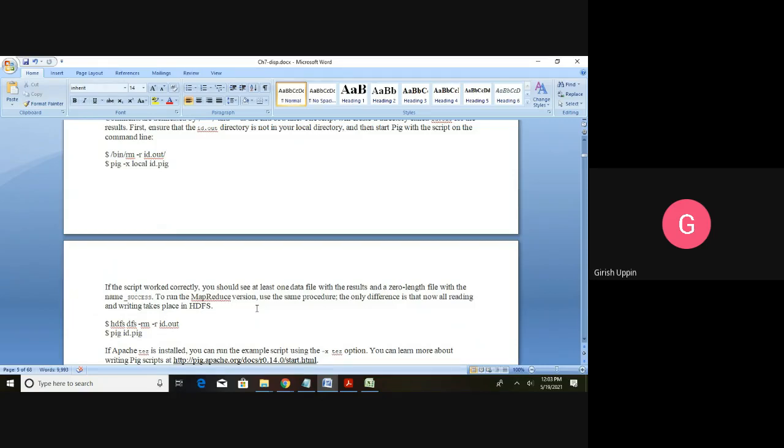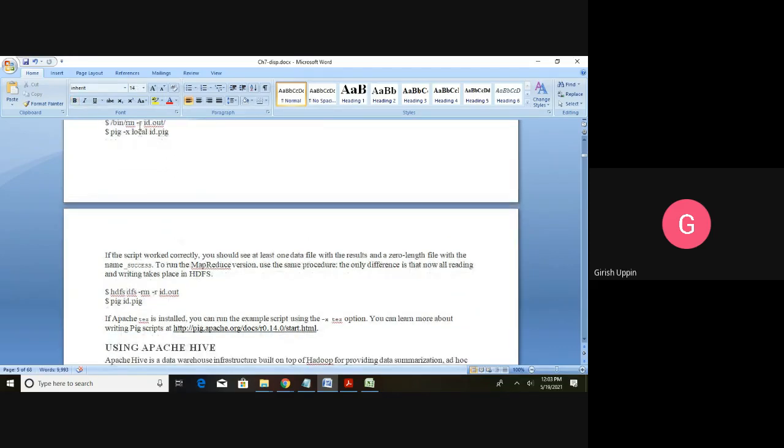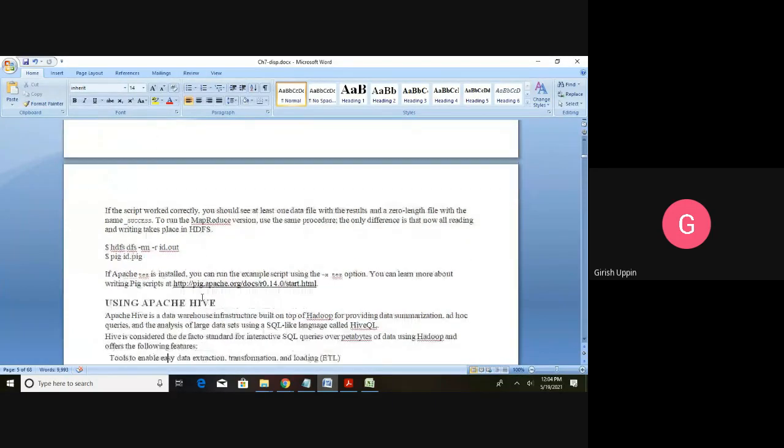To run the MapReduce version, use the same procedure. The only difference is that now reading and writing takes place in the HDFS. If here it is run as local, the same can be run using MapReduce. If you use MapReduce, it will run on the Hadoop cluster. All the operations are the same, except that it is going to execute on the cluster. Here is the HDFS dfs command; once the execution is complete, we are going to remove the file.